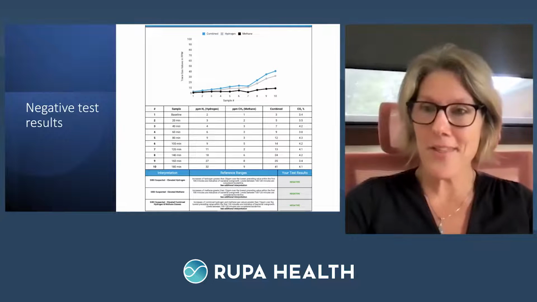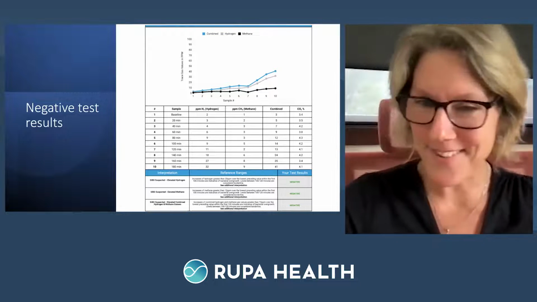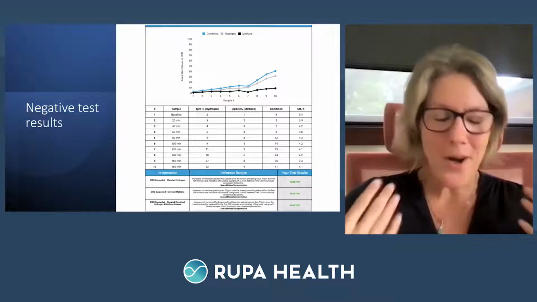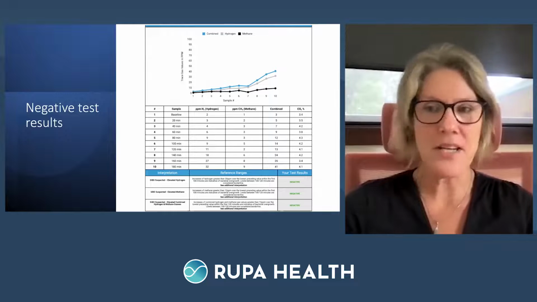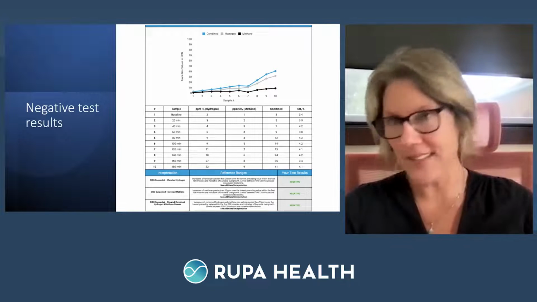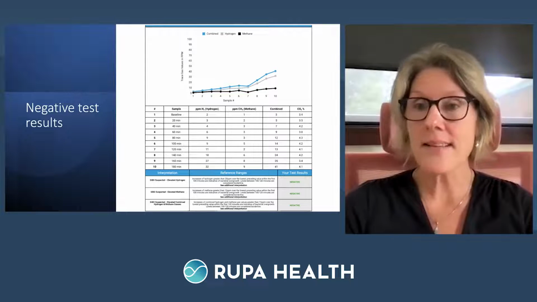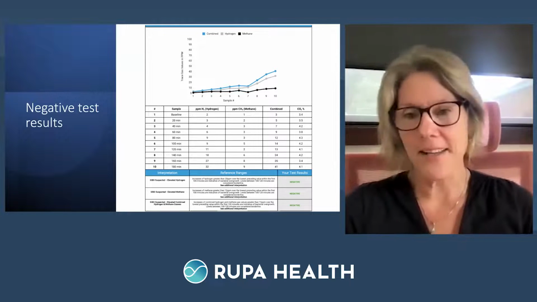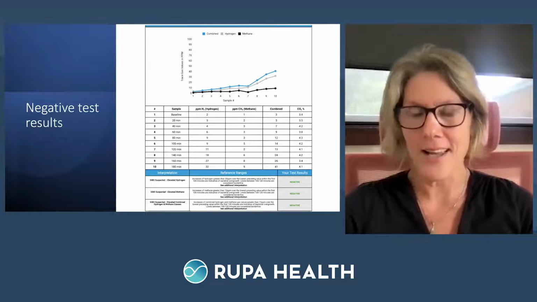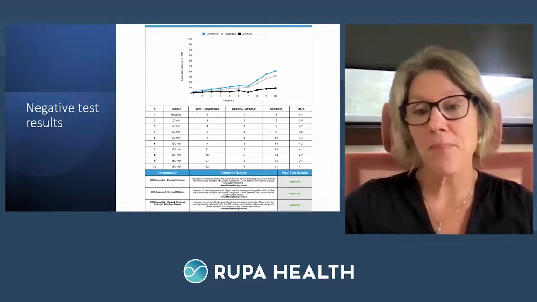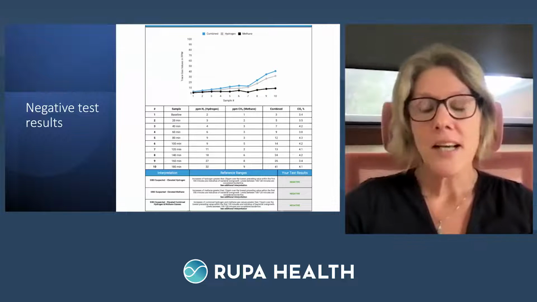Now, there is such a thing as a negative breath test result, right? A lot of times, I know I'm sometimes guilty of that. I see a patient and I'm like, this has got to be a SIBO case. And sometimes the test actually is really surprising. I actually do see a lot of negative cases because I own a breath testing lab, but sometimes people or practitioners ask me,